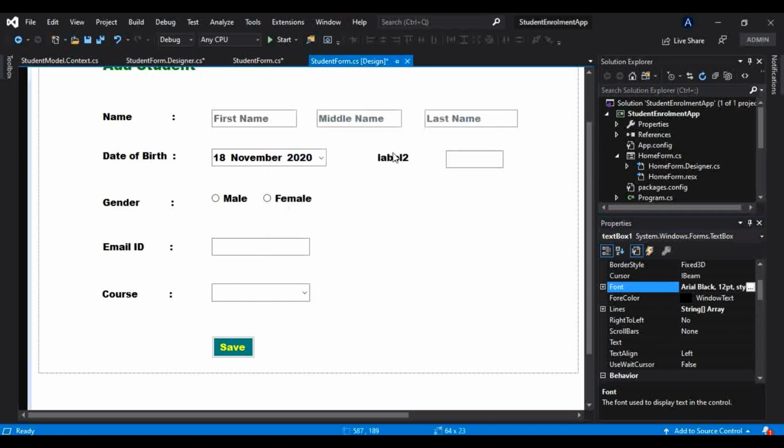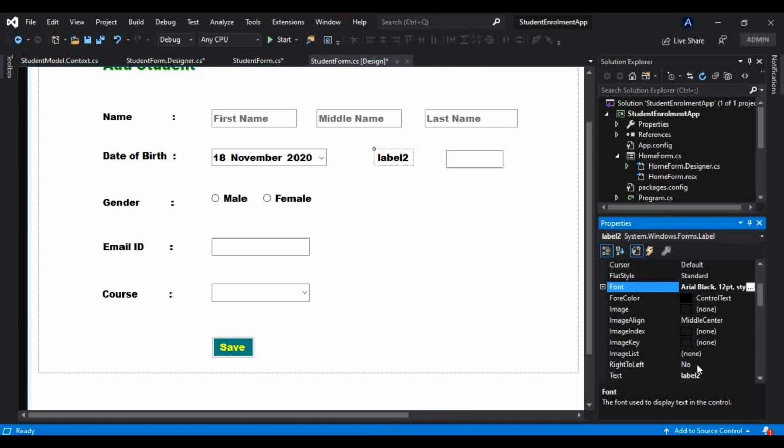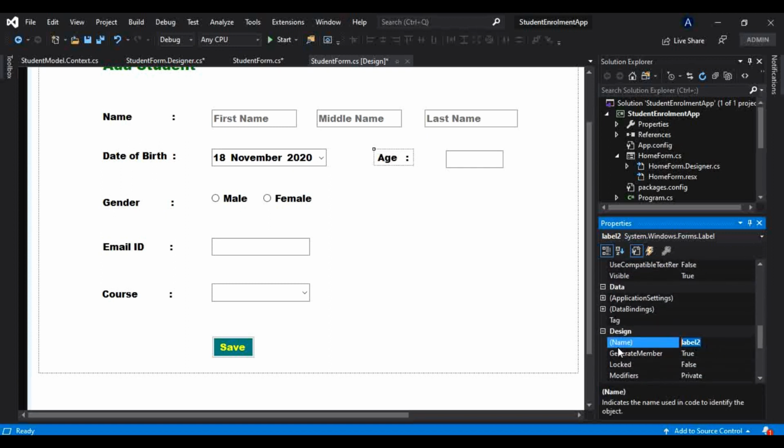Alright, I will change the text as well as the name of this label. I will change the text to Age and the name to lblAge.